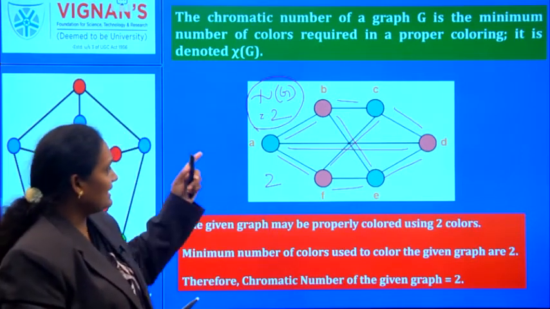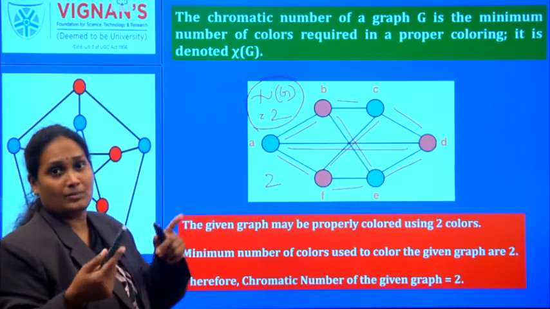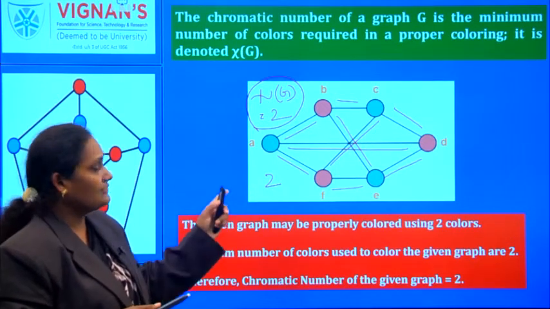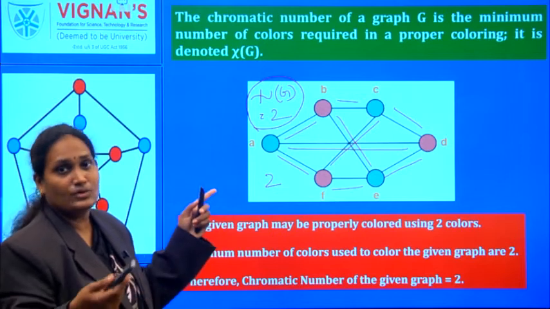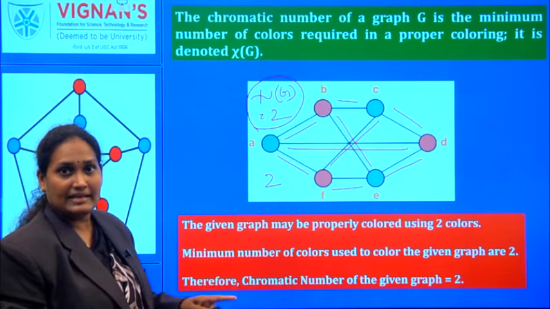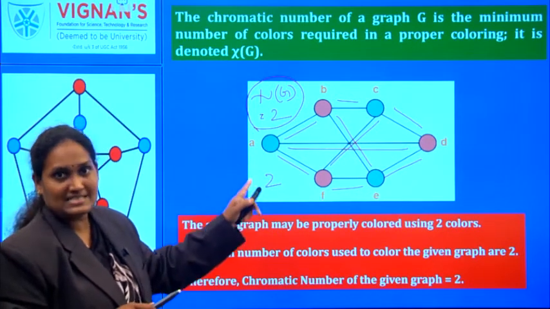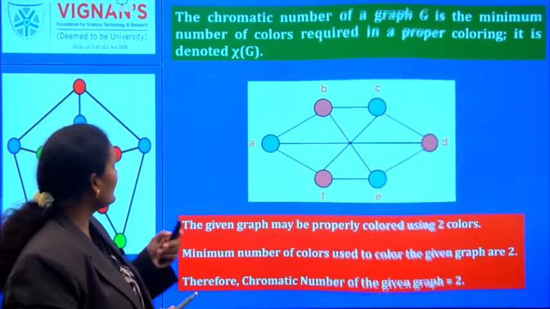Now, if I color this graph with 3 colors, this is called the 3 colorability problem. If I color the graph with 4 colors, then it is called the 4 colorability problem. But the minimum number of colors that I need is 2 colors. So, its chromatic number is 2. Right. Coming to